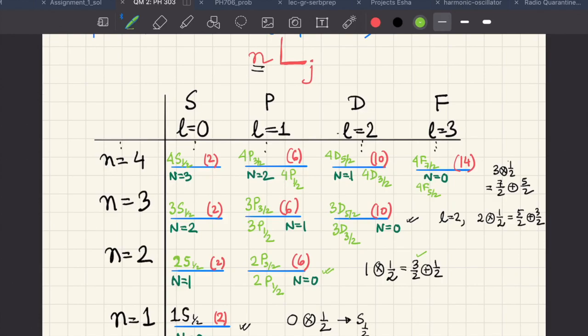We are just showing you the notations for different multiplets. These are basically the names of the multiplets that we have written here as 4s half, 4p 3 by 2, and this will tell us the number of states in the multiplets, which we have written within these brackets. Okay, so let me stop here for today. We will continue this discussion, and this will be required in the discussion of both the spin orbit coupling as well as the relativistic correction which we did just today.